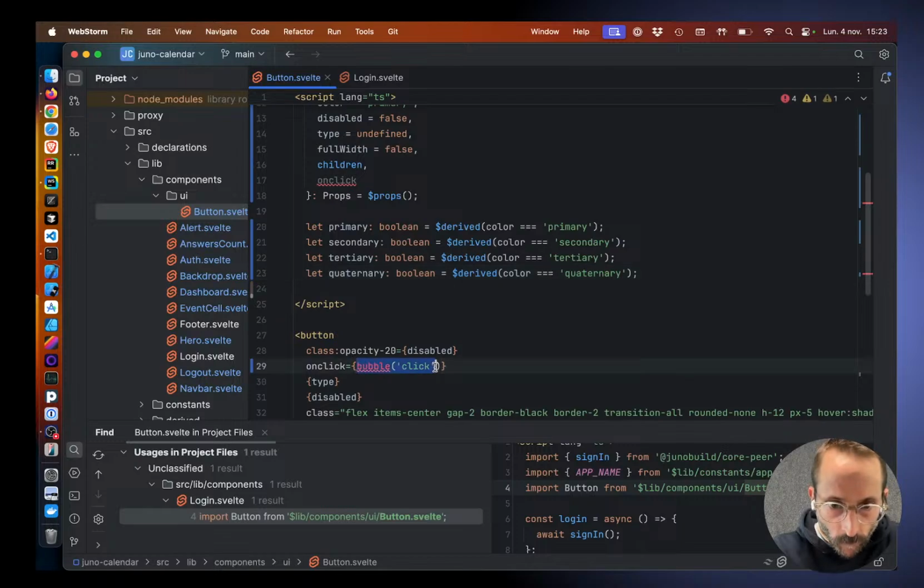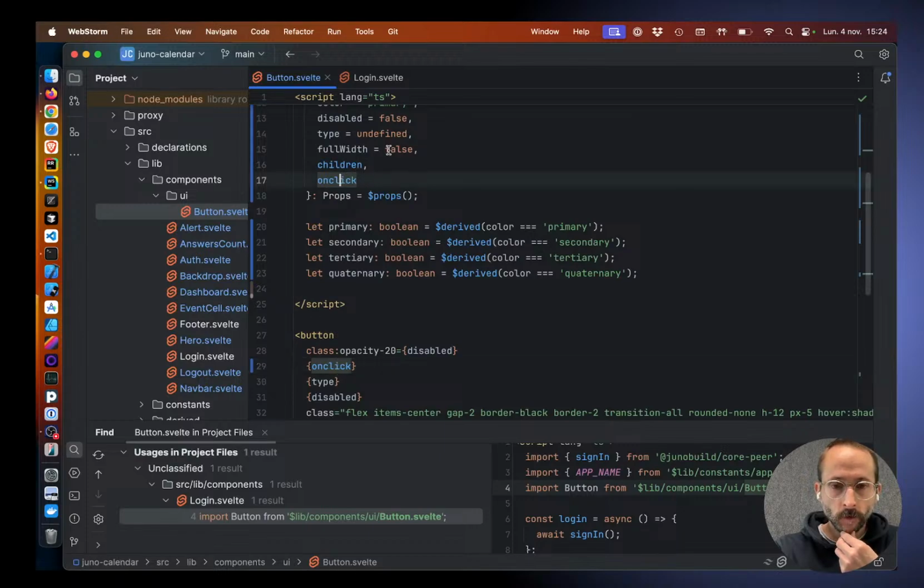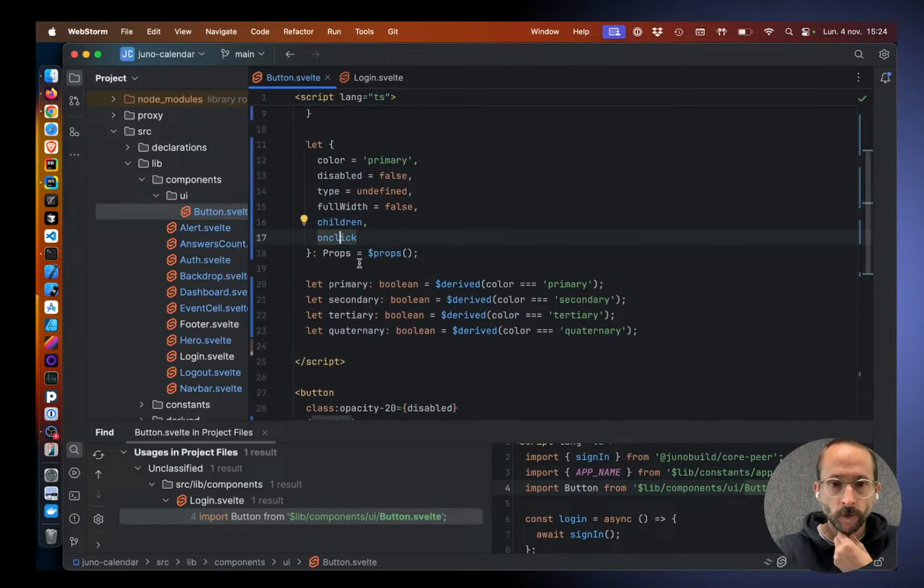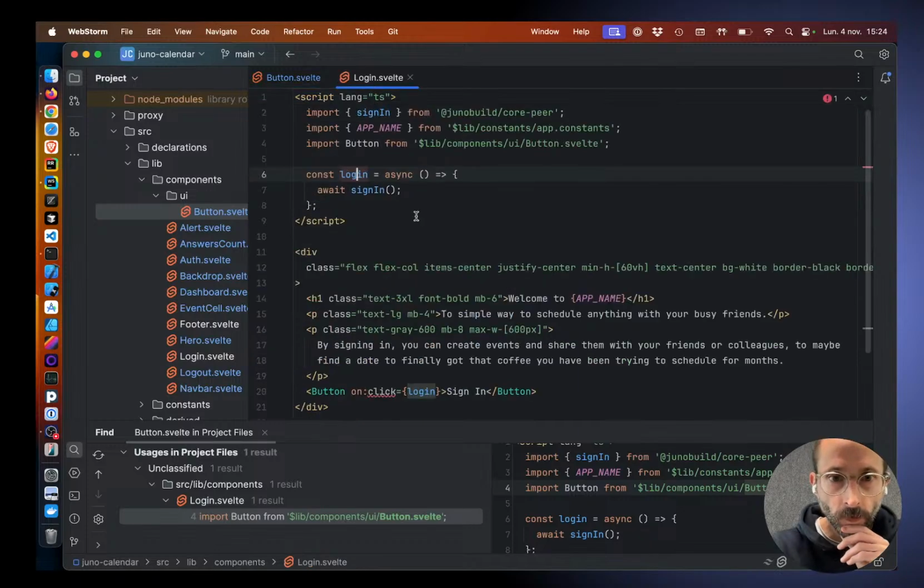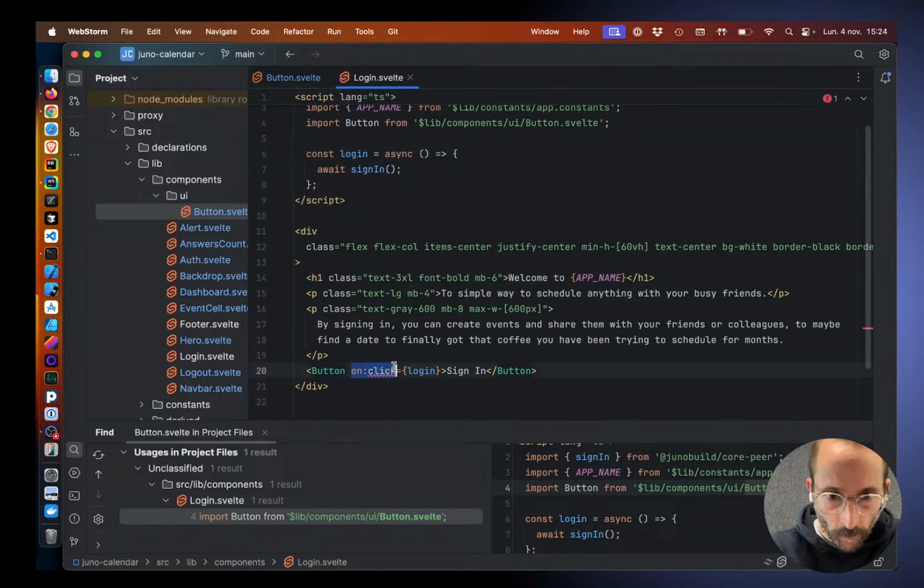And here we do this. Actually, since it's the same, we can shorten it. So when it's clicked, it calls onClick. onClick is the function that I have to pass as a property. And in the login here, I can now pass onClick